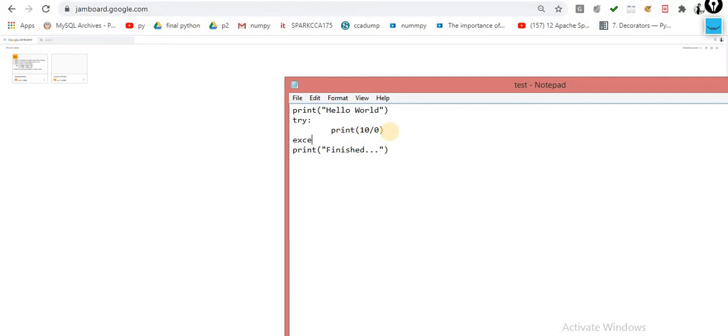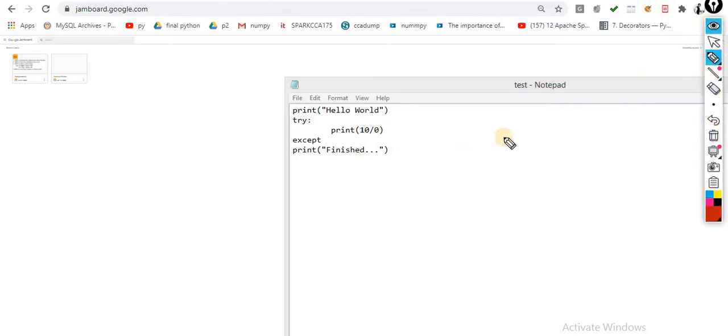What type of error is there? Which class did we already discuss? The base class, the exception. Inside exception there is arithmetic error. Inside arithmetic error there is zero division error. Observe carefully, this is the hierarchy: the base exception, after that Exception, inside Exception there is ArithmeticError, and inside ArithmeticError there is ZeroDivisionError.